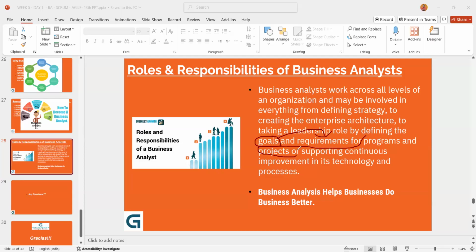Then you can go ahead and help the team to build the projects and programs, which is recommending continuous improvement when it comes to using the technology for their own betterment or their own solution, where goal meets the requirement. Goal meets what, everyone? Requirement. So let's dig deeper when we are understanding this. Let me bring up the next slide for you. So far you have understood we are talking about the change and requirement of business analysis, right?